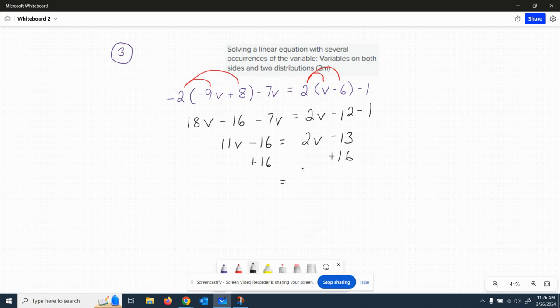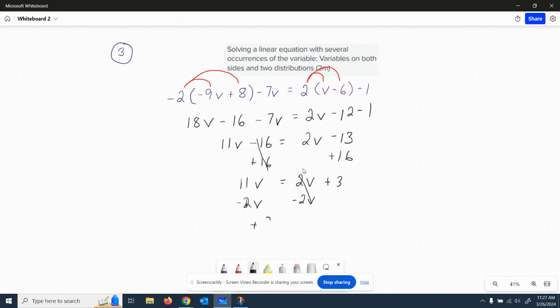All right, I do that and this goes away. I'm left with 11v equals 2v plus 3. Negative 13 plus 6 is 3. All right, I'm going to subtract 2v from both sides. The 2v's go away. I'm left with